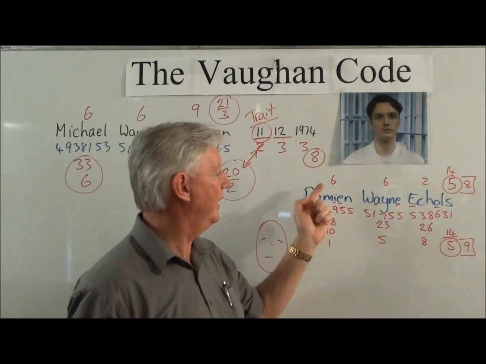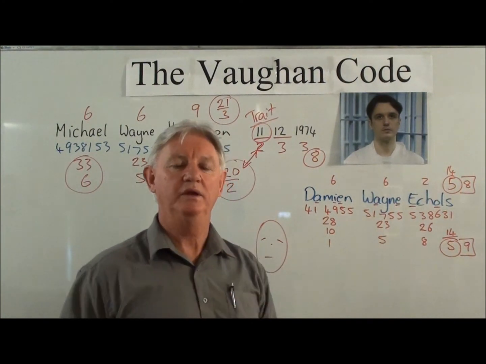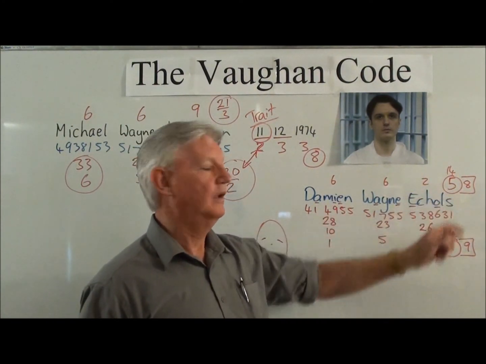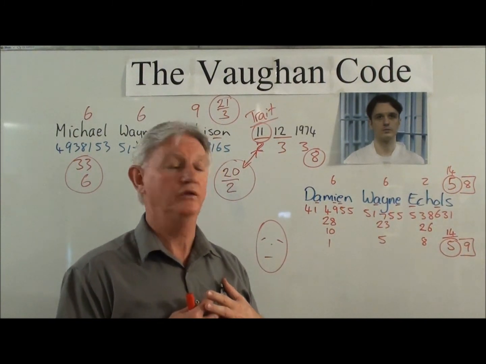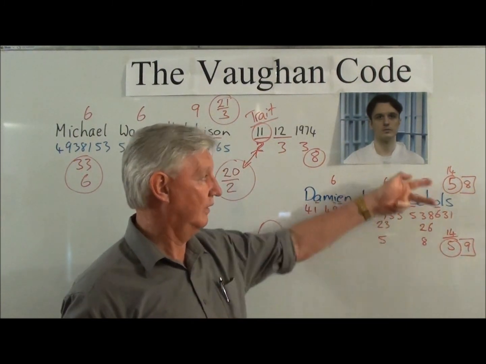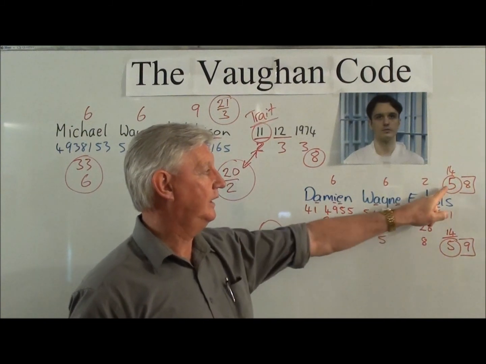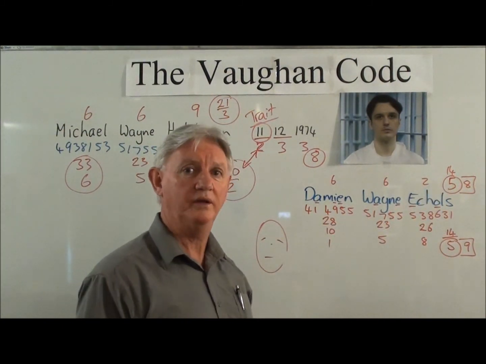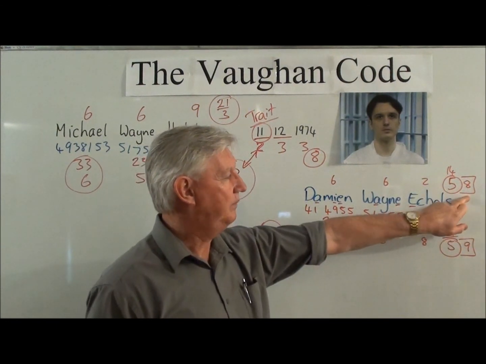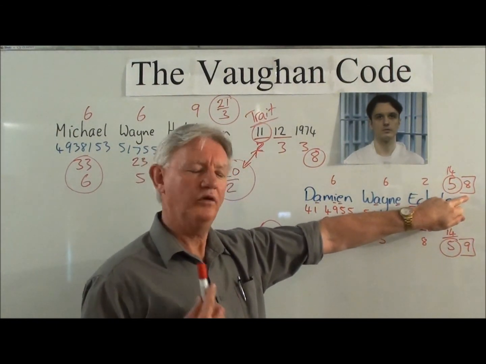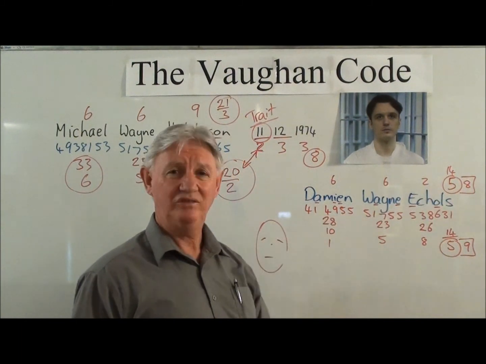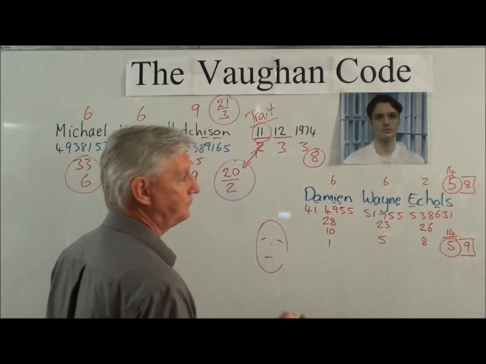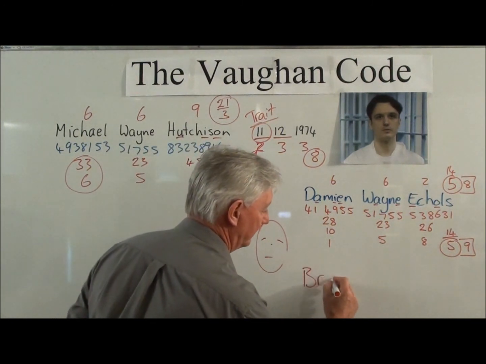Up the top here, as I did with the numbers at the top of his name, his original birth name, and across here the vowels have been extracted and I look at them differently. The vowels represent the person's passions or what they like to do. This is who I am, this is how I like to do it. And again, this group 5 has come up and says, I like to be with people, I enjoy the company of others. And up here this 8 says, not only do I like the company of others, I actually enjoy intelligent people. Because the word brain,